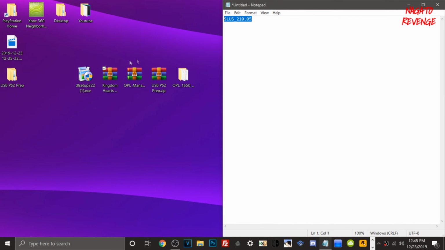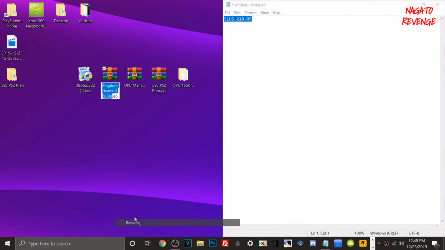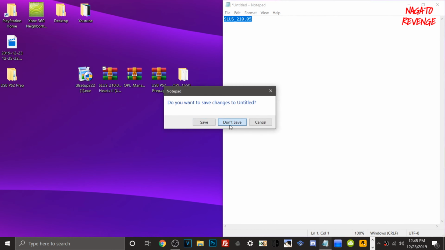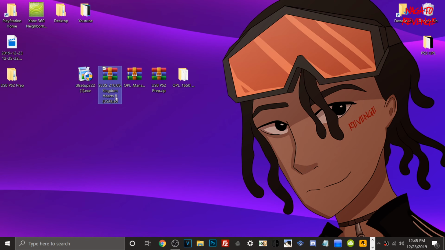All you gotta do is just copy this name, or you could just type it down here, go to rename, and this is how your games have to be. So put a period after the 2.015. So you need basically your content ID at front, your game name, title, and then basically OPL can read the